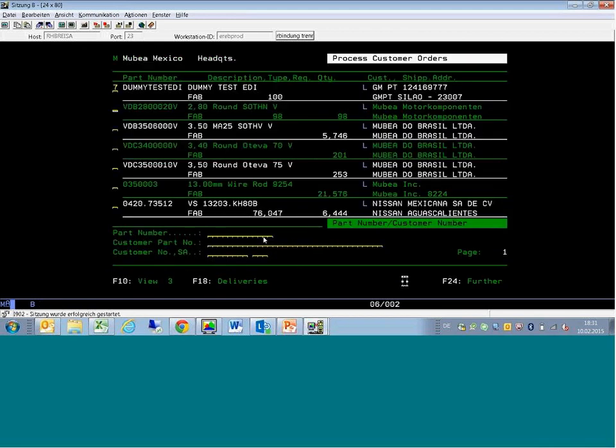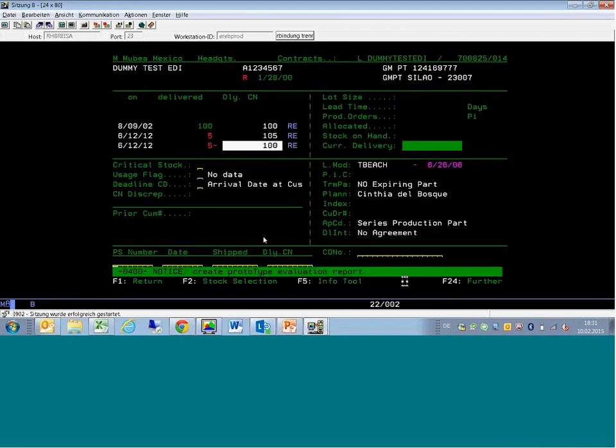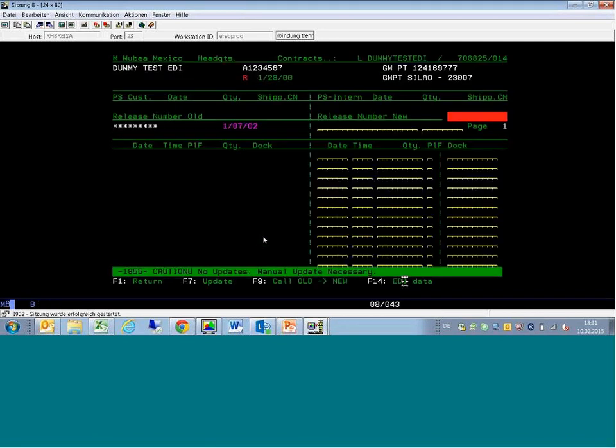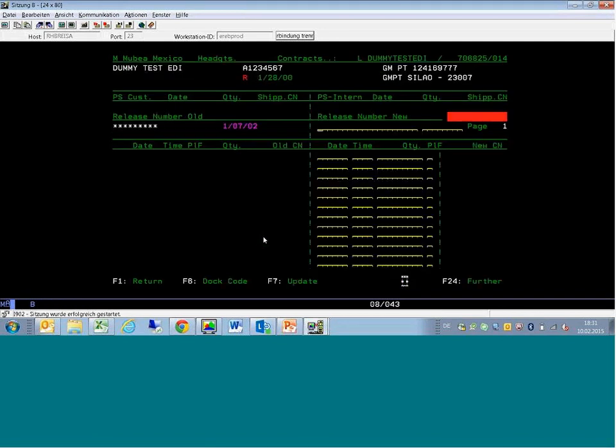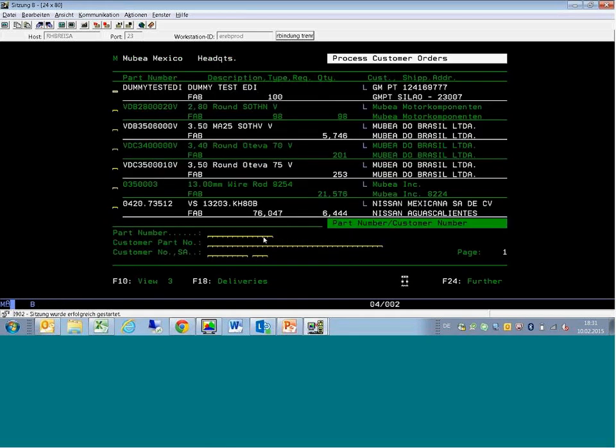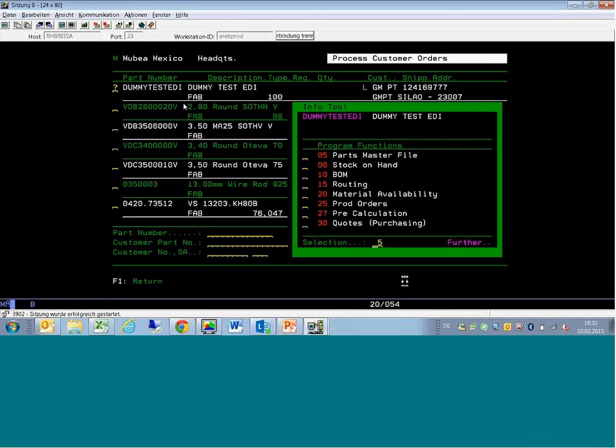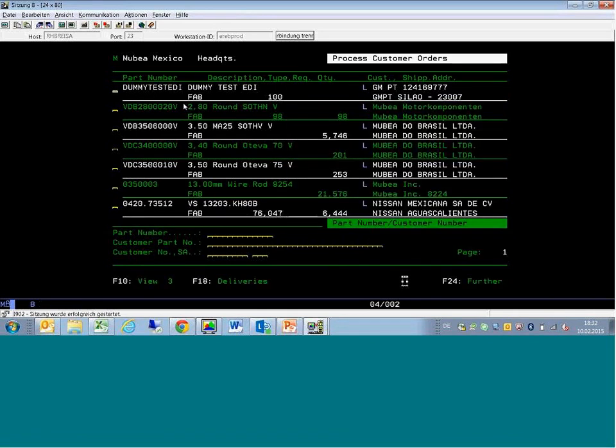With number 7, this would be the screen that you get displayed when you want to add all of. Okay, so remember, when you want to enter a manual order, you can do both. You can add a delivery schedule with a number 1, or you can enter a call-off with the number 7. Also, you have here the function question mark to display your info tool if you want to see further information about this part number. But now with F1,